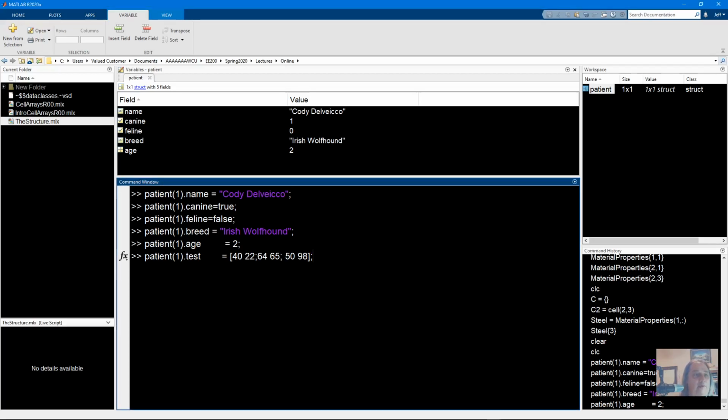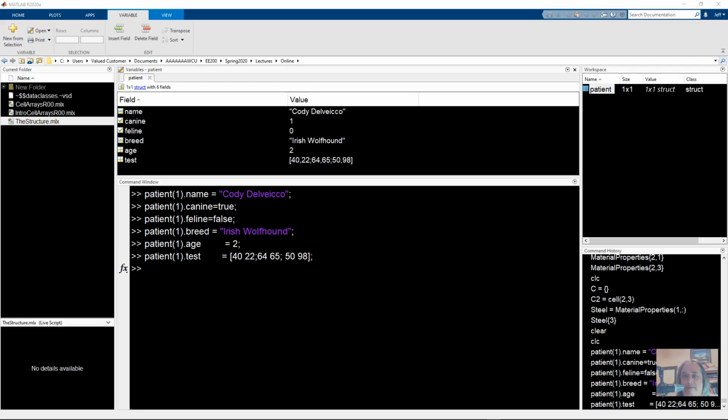Cody was a well-established patient, and he has some test results. So test results are in the matrix form. And due to the HIPAA laws, we can't reveal the test results for patient confidentiality, so we'll just use generic numbers. And maybe an